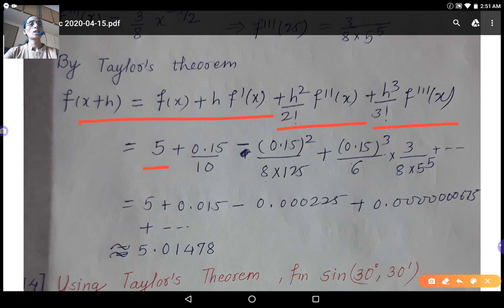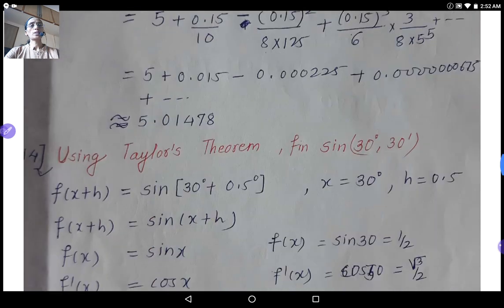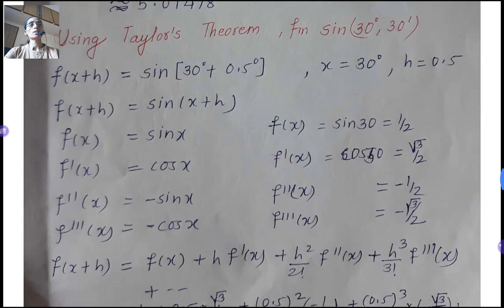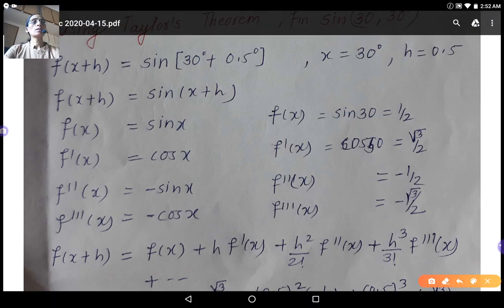f of x is 5, h is 0.15, into f dash x is 1 by 10, then h square is 0.15 square, and then the remaining value of f double dash of x into 2 factorial, h cube upon 3 factorial into f triple dash x value. Just simplify all the values and add, and your approximate value will be 5.01478. Now in the same way, one more example: find the value using Taylor's theorem, find sine